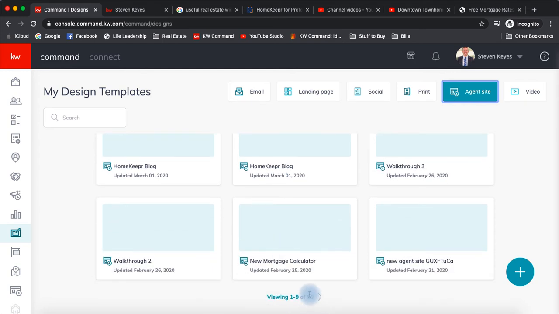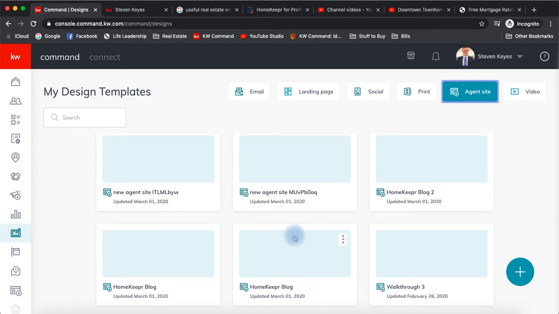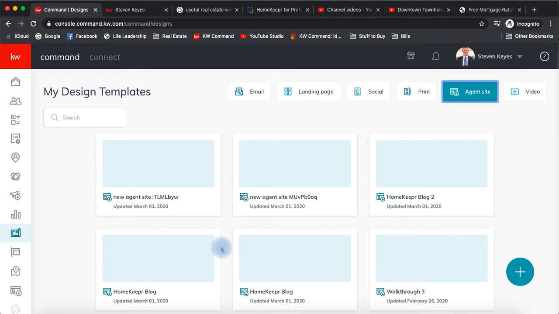Look down here, I've got 50 pages down here. I don't think I've ever created 50 pages on this. I think this, at least for the moment, saves every website you have ever tried to design, whether you saved it or not. It saved it here. I mean, as you can see here, I've got 5 sites that I just created on March 1st. So this seems to save everything. So you can rename these, you can delete these, but if you want to edit these,